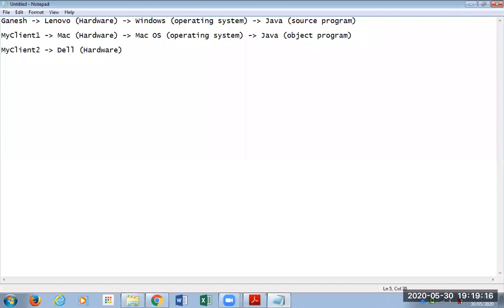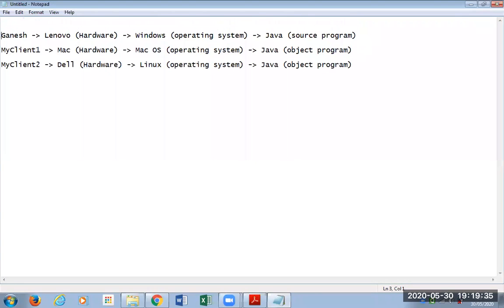Okay, the hardware is different and he has a different operating system, that is the Linux operating system on his computer, and he too can use the same Java object program on his computer. This is the meaning of platform independence. Have I made myself clear, please?